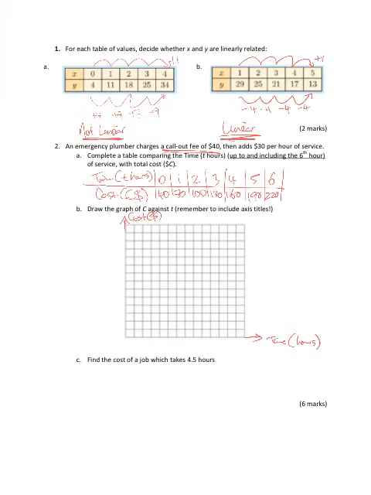So now you need to think in your head what scale you could use to fit all this in. We only need 0 to 6 along the bottom, so that could go up by 1 every 2 squares, 2, 3, 4, 5, 6, and so 7 would be at the end there. We don't need 7. Now you need to work out how you're going to fit over 200 on the side here. So you've got 1, 2, 3, 5, 6, 7, 8, 9, 10, 11, 12, 13. You got 14